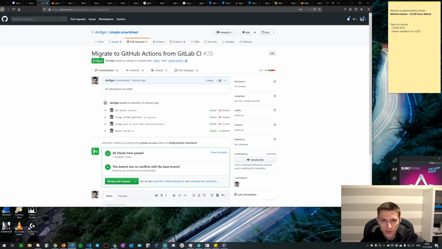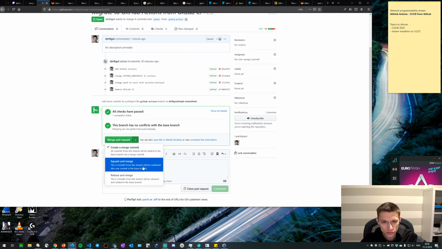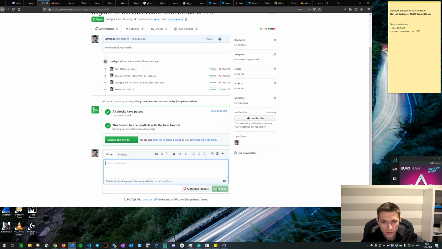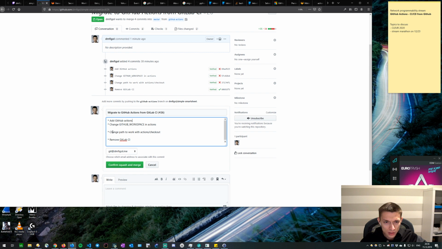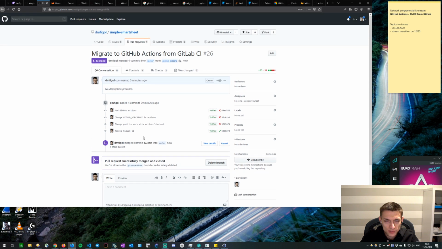We run tests on the commit because it was not through a fork. Let me merge. Do I want to squash? Yeah, I want to squash and merge, right? I want to squash. And then squash and merge. Workflow file GitLab CI, GitLab CI demo. This is merged,